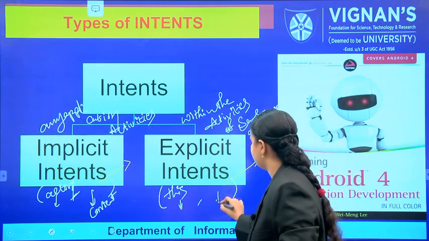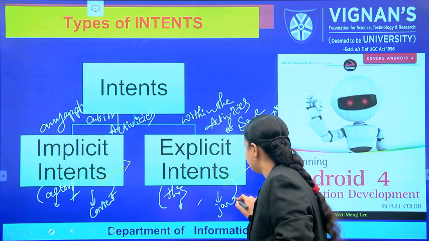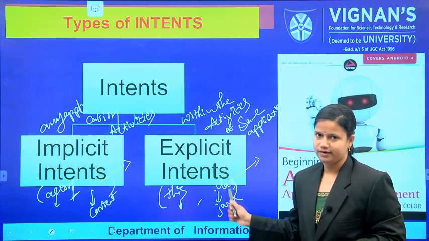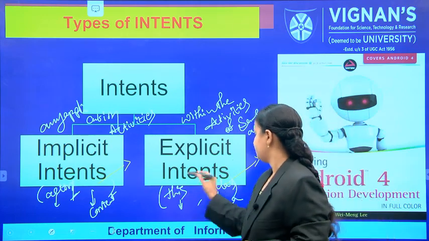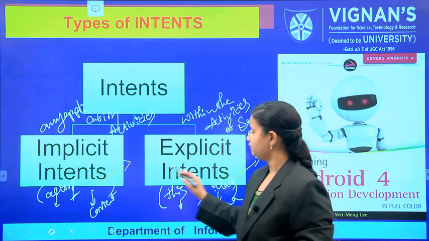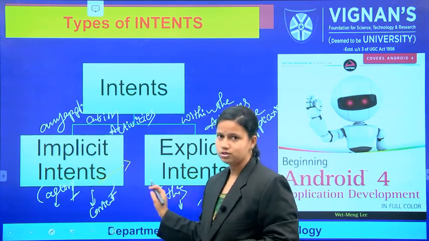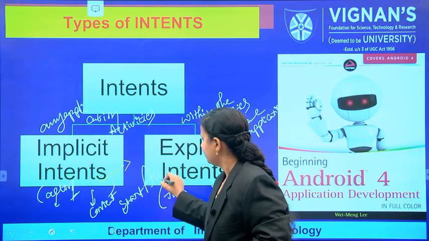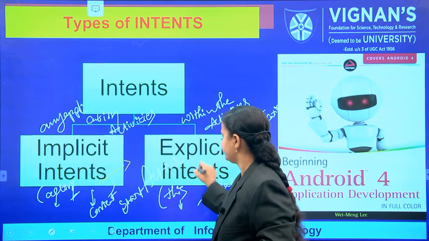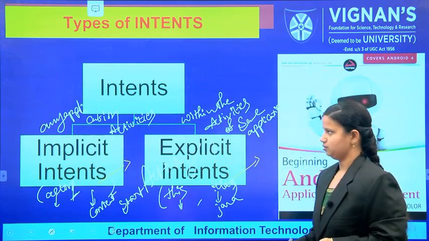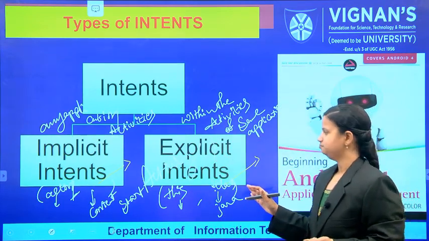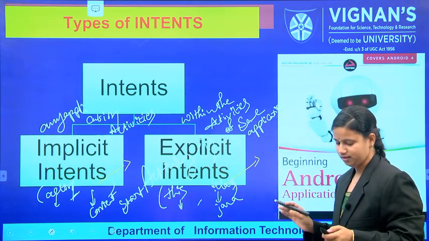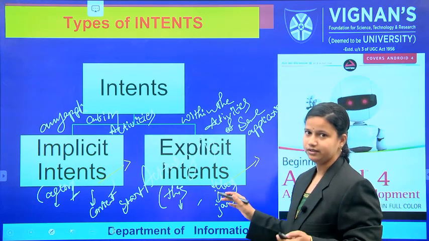And the next one is the Java file, that is, the dot class file of your activity, so that this intent is passed to it. For both of them, we have to call the start activity method to start the activity. This is the difference between the implicit and the explicit intents.